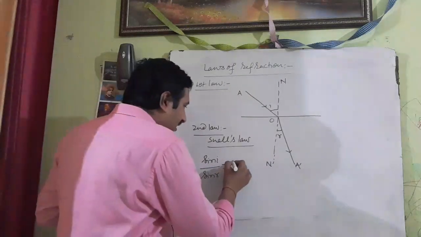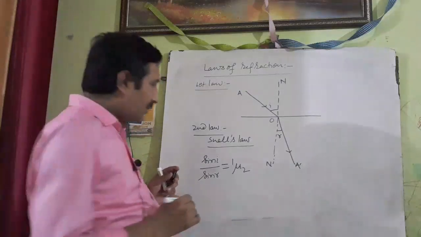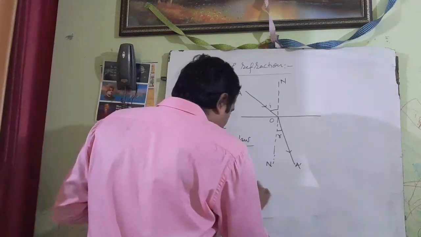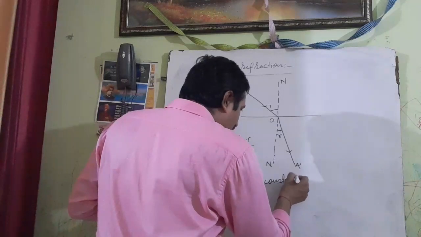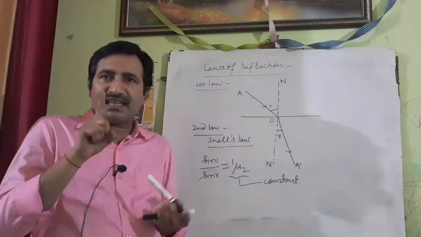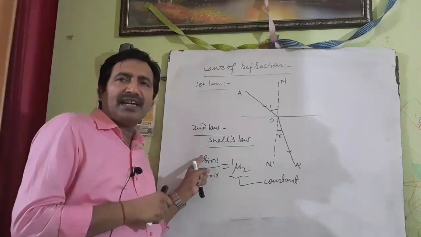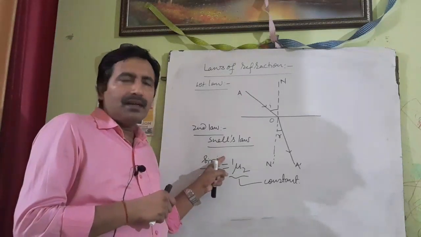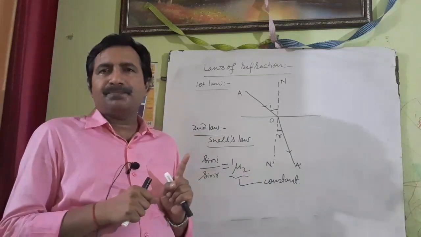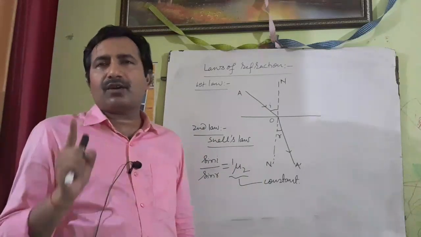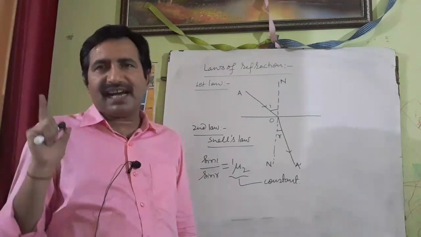That constant is 1 mu 2. This 1 mu 2 is constant for the given pair of media, this must be added there. It means the ratio of sine of angle of incidence to sine of angle of refraction is always a constant for a given pair of media,